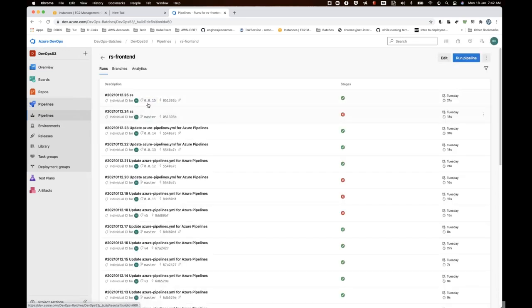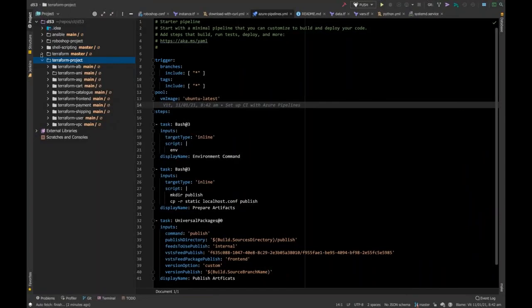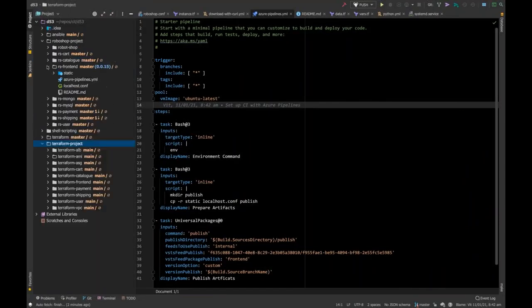I think we were talking about the tagging part only. So when you create a tag, how do we get the artifact is what I remember we were talking about. Okay, so let me go and open the front end.